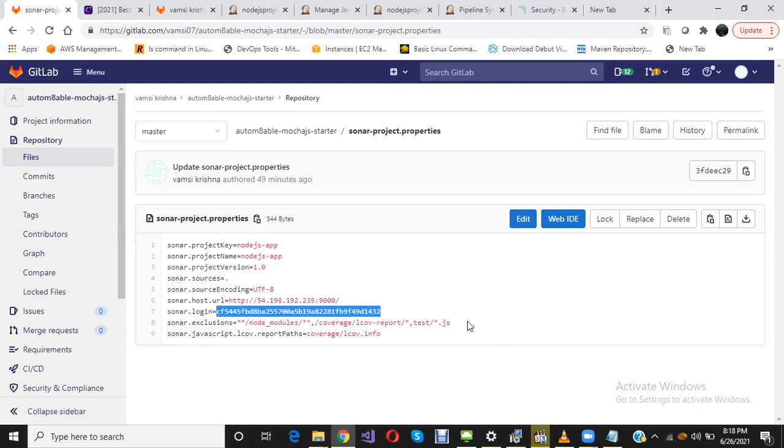Here you can exclude things: if you are generating a code coverage report, you don't want to scan those, so we can exclude them. And this is the report path where we are generating the code coverage report. First I will generate the SonarQube report, then I will show how we generate code coverage.